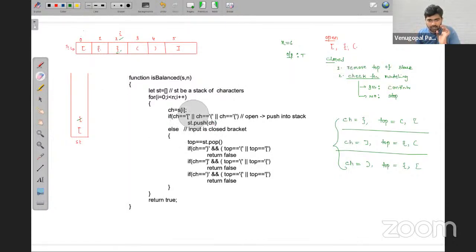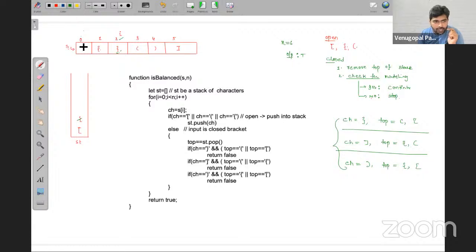So what we have done, if our input is open, we have simply pushed it into the stack. If our input is closed, then we are removing an element from the stack, and one by one we are comparing for mismatch. If it is a mismatch, then we are stopping the process. Otherwise, we are simply continuing. But what if, listen carefully my statement, friends, what if our input can start with a closed bracket? Now this is the basic code, but we have to add the edge cases, right?